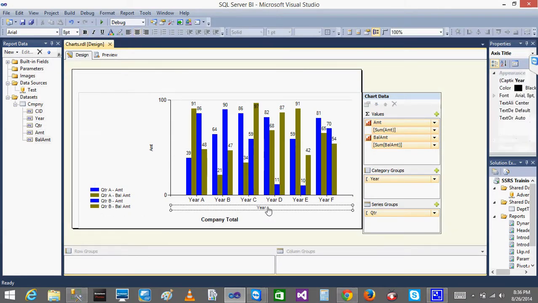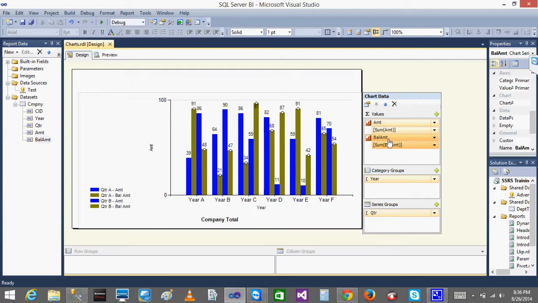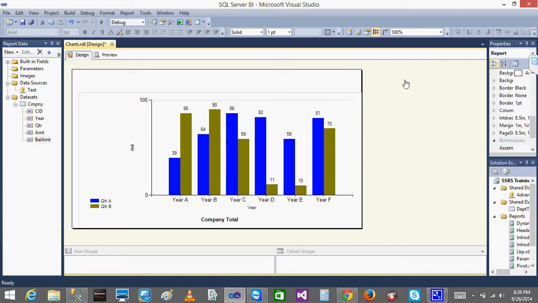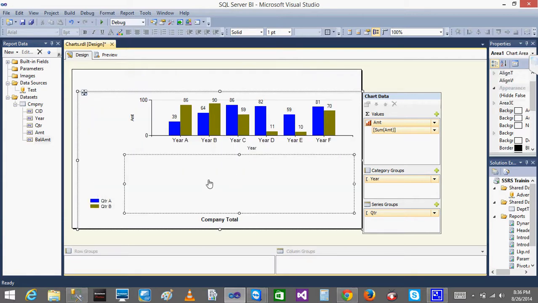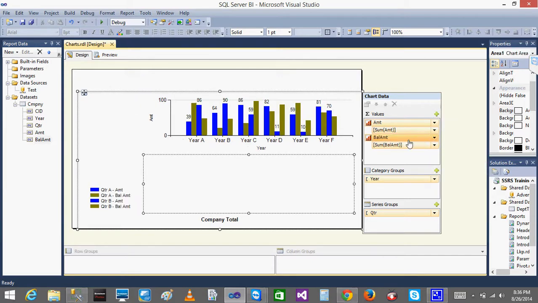Now my scenario is this. I got this one, so I'll just remove this, delete this balance amount, delete series, done. I've deleted. Now I want to add one more chart area, so click on the chart area. There is one more concept: in a single chart I want one chart for the amount and another chart for the balance amount. I want to have 2 charts in a single one. How to do it? Click on this chart, here add new chart area. Automatically a new space will be allocated. Then click on the add symbol. Now you are going to get the balance amount. Click on the balance amount, and you will get the balance amount.